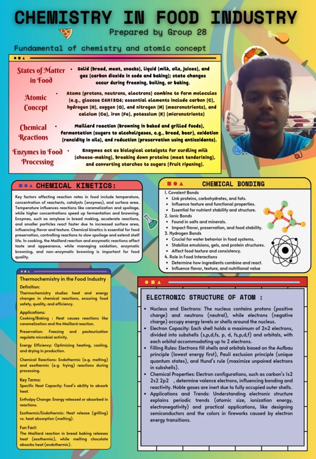Chemical kinetics is crucial for understanding how various factors affect the rates of reactions in food. These factors include temperature, concentration of reactants, catalysts, which are also known as enzymes, and surface area. Temperature influences processes such as caramelization and spoilage, where higher temperatures speed up these reactions, while lower temperatures help preserve